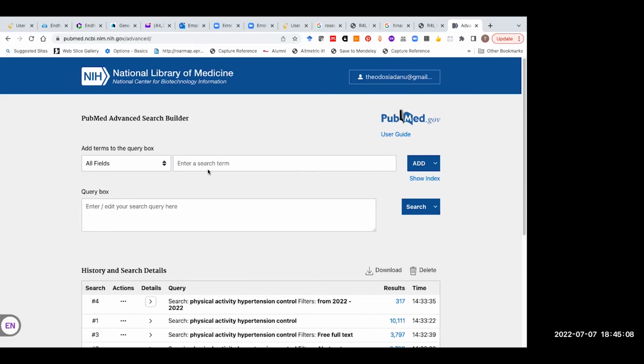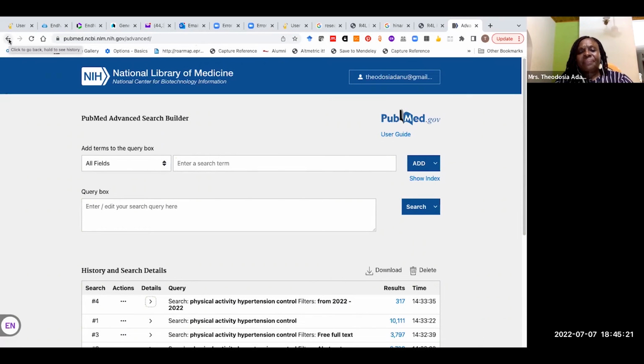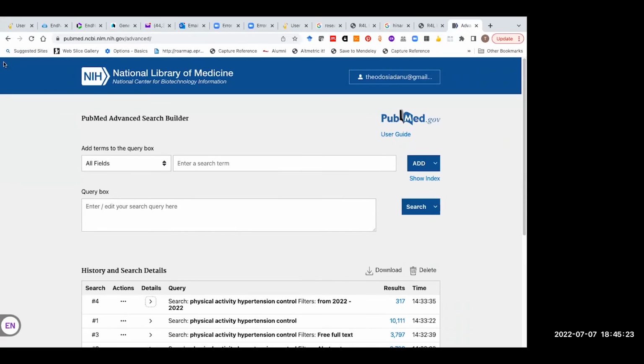There's another question on how we can know the number of cases reported for a particular condition. I think the way to do that is to search that condition. That condition will be the search word, let's say multiple sclerosis.